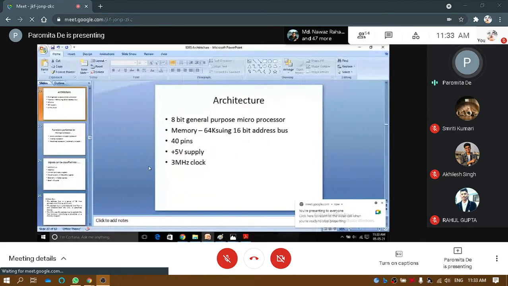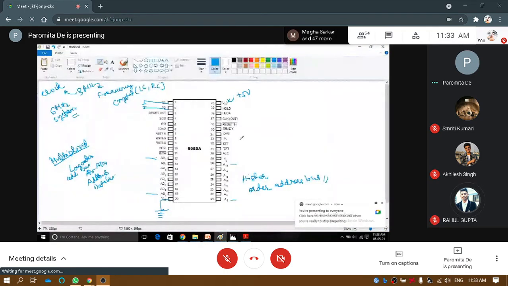So there is a 3 megahertz clock signal. I will finish what I am doing and then only I will leave, because otherwise I'll have to start from here next class. Okay. So this is a frequency LC. This has to be given.